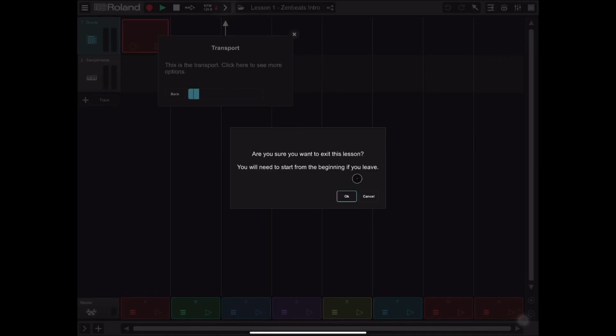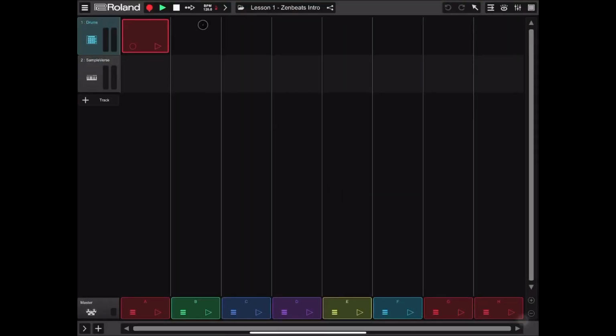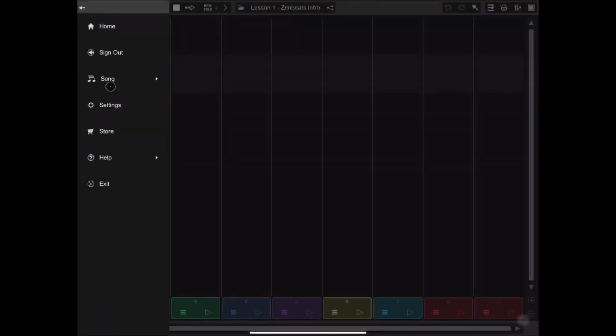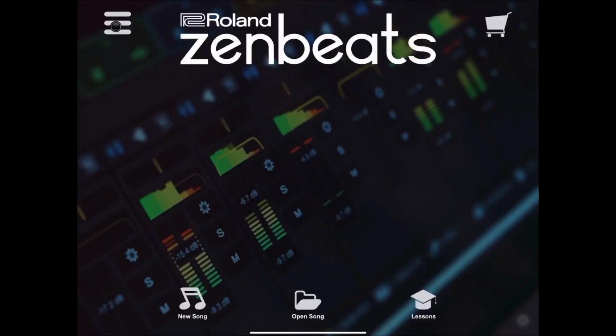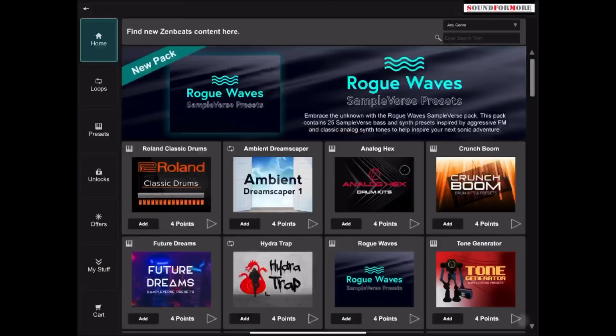I click on the X there and I click OK. And here we are. It leaves you in that file or project for that lesson 1. So I click on the menu again and I go to the home screen, and that is where we were a moment ago. If I click on the trolley, it will load the store